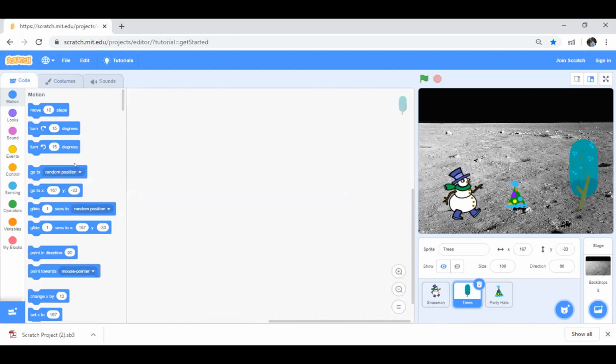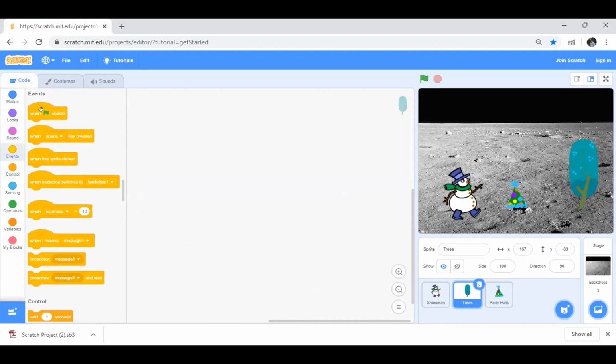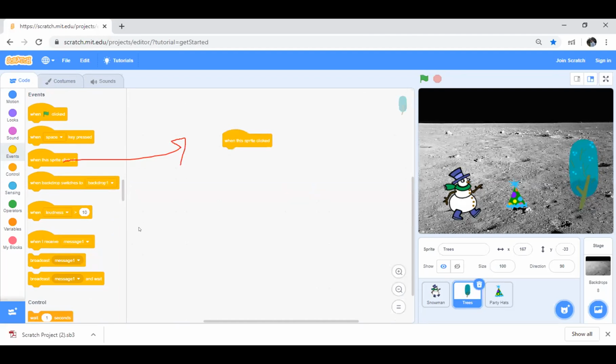Okay. All right. So very first thing what we will do, we will go to control. Okay. Sorry, go to event. Sorry, I'm sorry. Go to event and say when, wait, let me mark it for you. Drag and drop this one when the sprite is clicked. Okay, so we'll do something new today. We are going to click that particular tree and then we want something to happen. Okay, so everyone has dragged on this one.